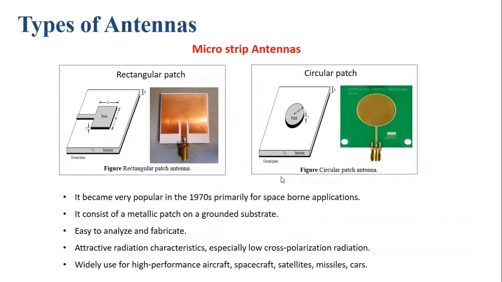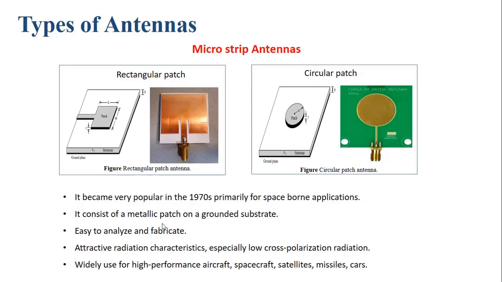Okay. Now the third type of antenna is the microstrip antenna. These microstrip antennas became very popular in the 1970s, primarily for space-borne applications. You can see the microstrip antennas shown in the figure. This is the rectangular patch antenna and this is the circular patch antenna. Usually these microstrip antennas have a metallic patch created on a grounded dielectric surface. These patches can be of rectangular or circular shape, as these shapes are easy to fabricate